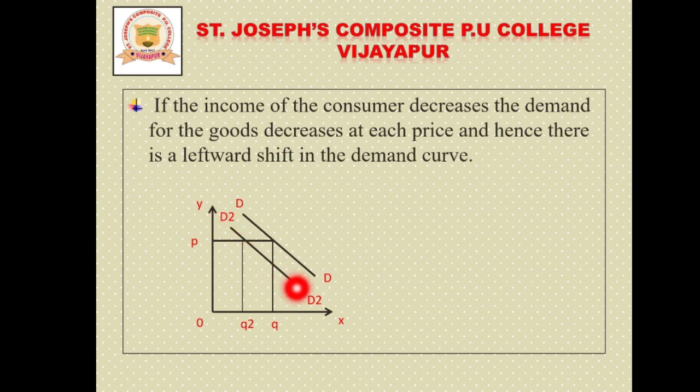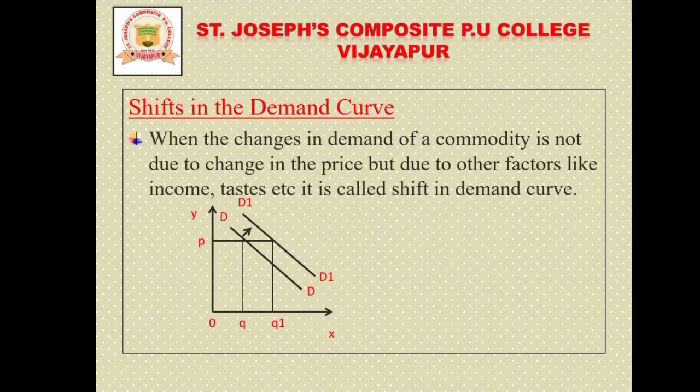So why is the demand curve shifted to the left side here? Due to the income of the consumer. Here income is less, so demand is also less, so the demand curve shifts to the left. If income is more, then demand is also more, and the demand curve shifts rightward. This is the previous diagram: in it, the demand curve shifts in the direction of the arrow, to the right, because income is more, so demand is also more.